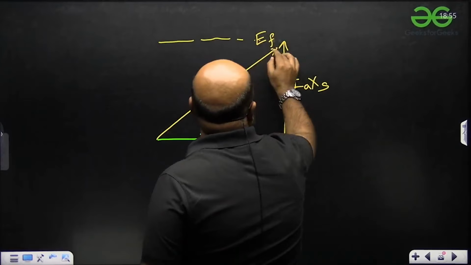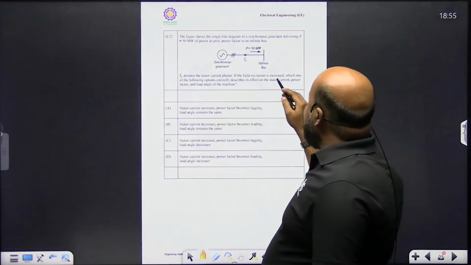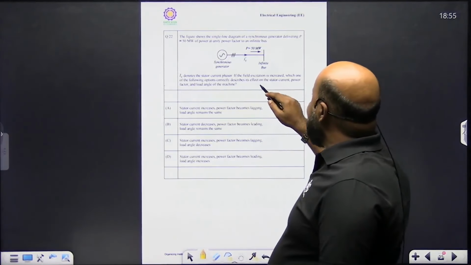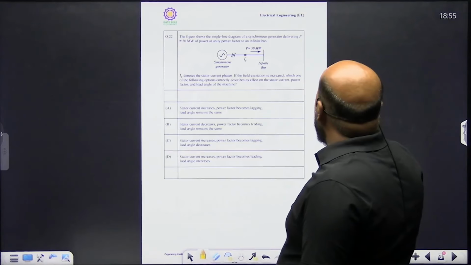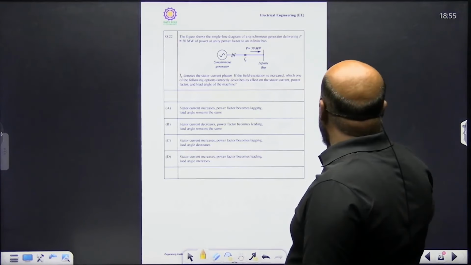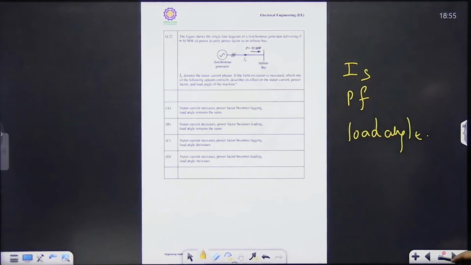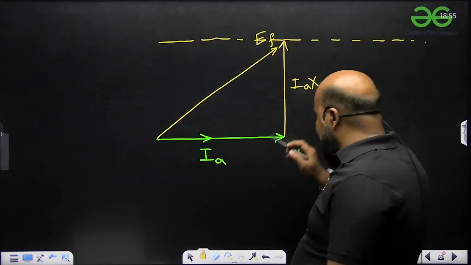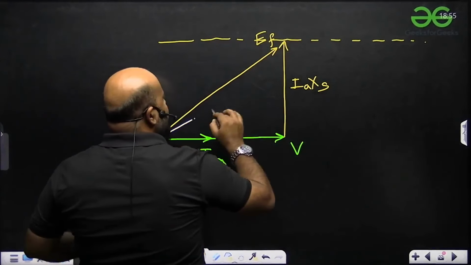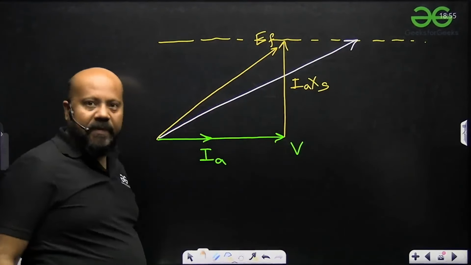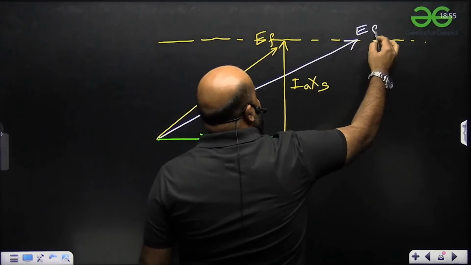अब देखो ये कह क्या रहा है, ये कह रहा है इफ द फील्ड एक्साइटेशन इज इंक्रीज्ड, विच वन ऑफ द फॉलोइंग ऑप्शंस करेक्टली डिस्क्राइब्स इट्स इफेक्ट ऑन द स्टेटर करंट, मतलब हमें स्टेटर की करंट, पावर फैक्टर और लोड एंगल के बारे में चर्चा करनी है। अब ध्यान से देखो जरा, एक्साइटेशन बढ़ाने का मतलब क्या है? एक्साइटेशन बढ़ाने का मतलब यह है कि अभी अगर आपका यूनिटी पावर फैक्टर पे एक्साइटेशन ये है, तो अब आपका नेक्स्ट जो एक्साइटेशन है वो कुछ ऐसा चला जाए, यस और नो? जो नेक्स्ट एक्साइटेशन है वो कुछ इस तरीके का हो जाए।